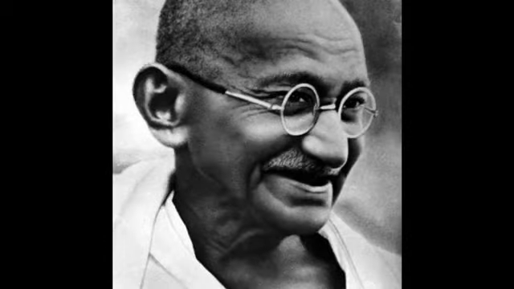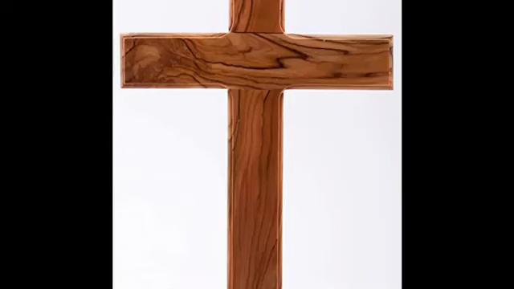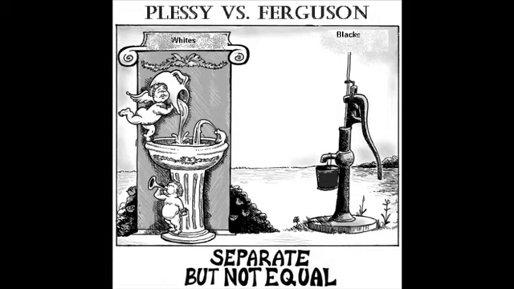The Montgomery bus boycott was led by Martin Luther King Jr. The organization behind it was the Southern Christian Leadership Conference. His principles of peaceful protest were inspired by Gandhi, Thoreau from the Transcendentalist movement, as well as his Christian values. He organized and encouraged people to boycott in Montgomery, where many people would choose not to take the bus and would walk instead. After a year of protesting, the Supreme Court ruled that segregation on buses was unconstitutional because they were inherently unequal. This reversed the ruling from the Plessy versus Ferguson case.